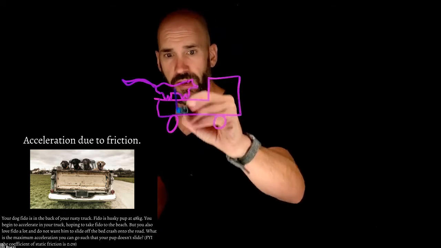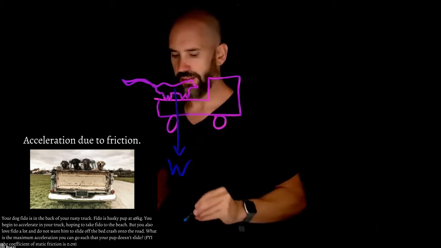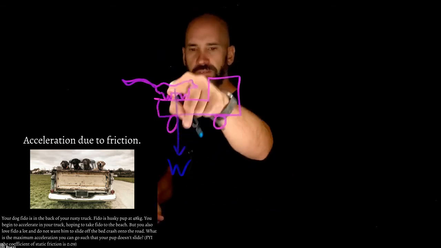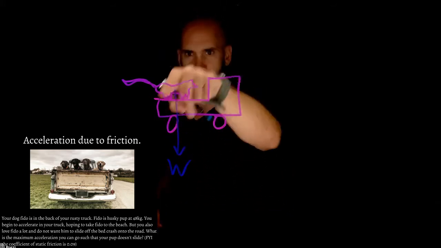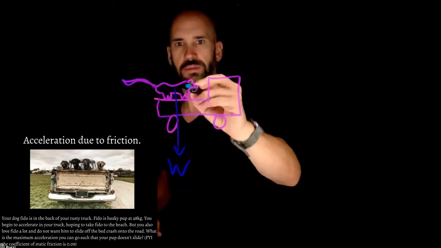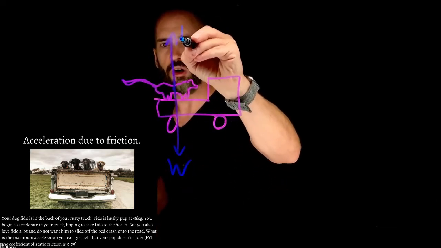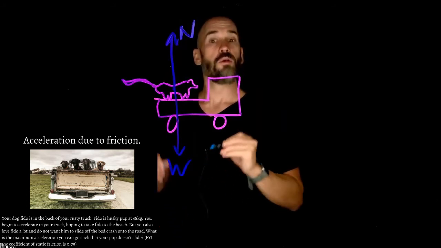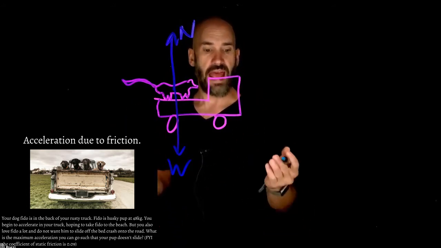Well, we know that Fido has a weight, obviously. It's an easy breezy way to start, always. And we know that if he has a weight, he's pushing down on this surface, and the surface has to push back on him, and that's always called a normal force. Now, there's something else that has to be